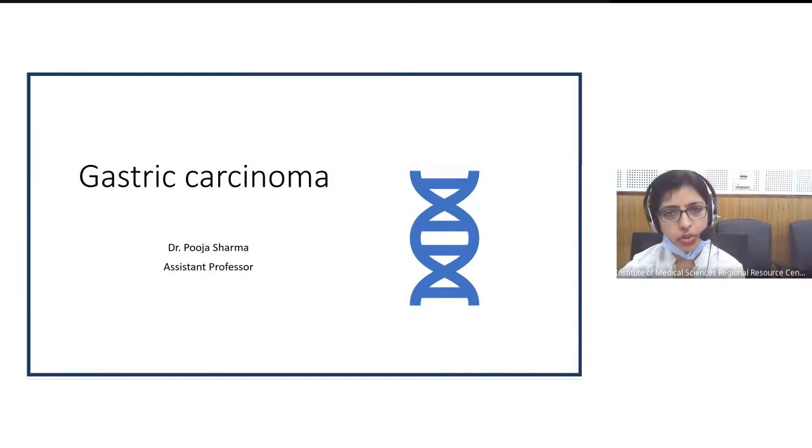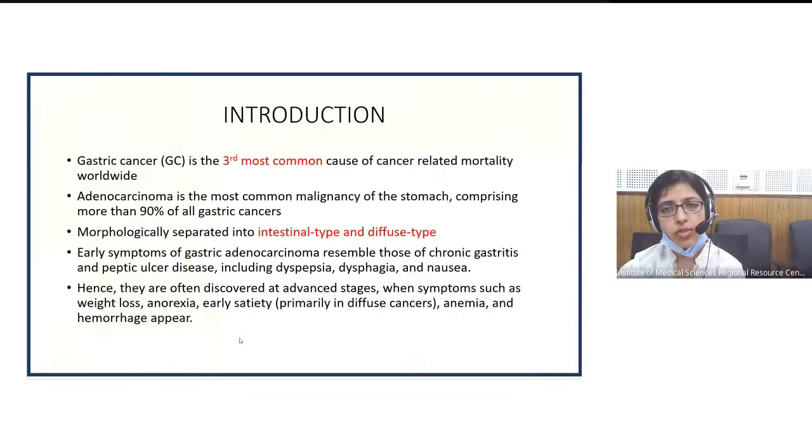So I'll just continue. Now, gastric cancer is the third most common cause of cancer-related mortality worldwide, and the most common histological type of gastric carcinoma is adenocarcinoma. And I'll be confining my discussion only to adenocarcinoma, with a little mention of gastric lymphomas while we discuss H. pylori as the carcinogenic agent. Adenocarcinomas are responsible for 90% of all gastric cancers. Now, morphologically, gastric adenocarcinomas can be of intestinal type or diffuse type, and you'll understand this in detail subsequently. What do we mean by intestinal type and what do we mean by diffuse type of gastric cancer?